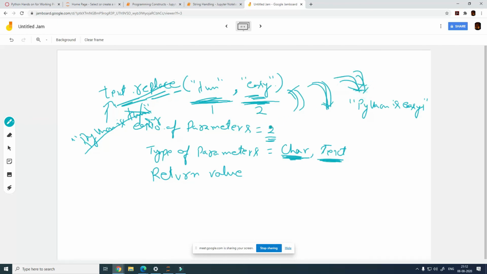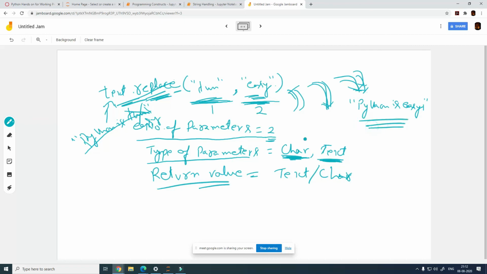So what are the parts of the signature of the replace function? It has two parameters. Both of these parameters need to be either characters or text, and then the return value is also text or character, whatever it is supposed to be.